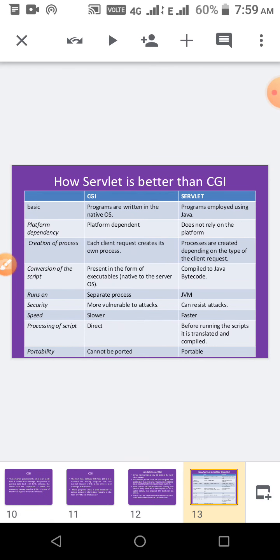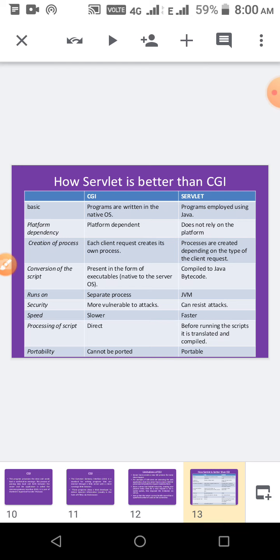See the difference between CGI and servlet. The main difference is, first, CGI programs are written in the native OS, while servlets are written in Java. CGI is platform dependent; servlet does not depend on the platform. In CGI, each client request creates its own process.